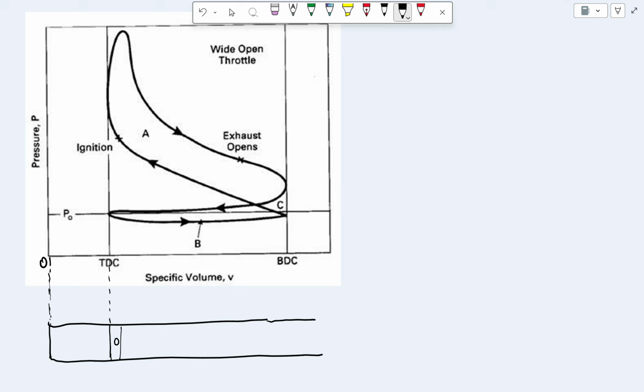volume of 0. Now, we already know that a piston cannot reach a volume of 0 because it actually has to move between bottom dead center and top dead center, and there has to be a volume of clearance. So this is essentially your volume of clearance, and your volume displaced is actually between top dead center and bottom dead center. So we can actually draw